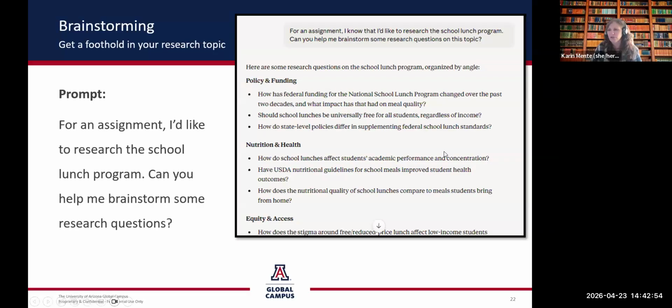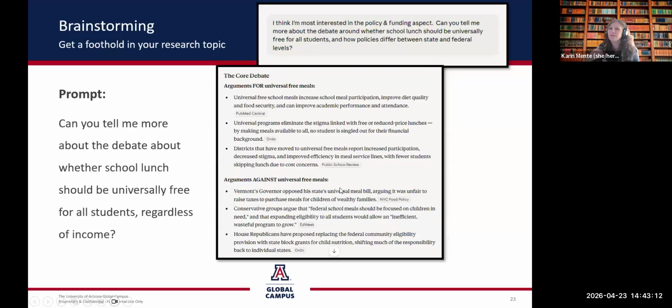So this is just one of the great ways to really use AI to get started in your research topic. At the same time, these are just starting points. They're not finished research questions. You still need to evaluate and refine and potentially make these questions more specific. You might follow up and really try to engage the tool about learning all the foundational knowledge in your research topic. So now we're moving from a broad prompt to a more focused one.